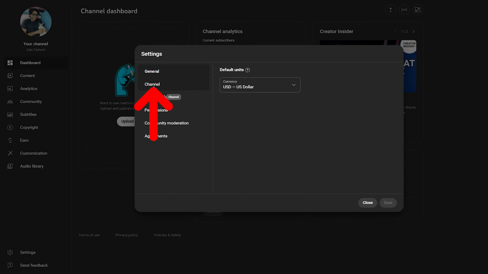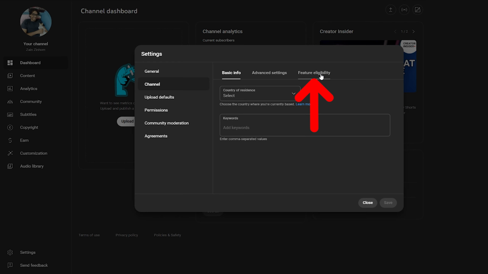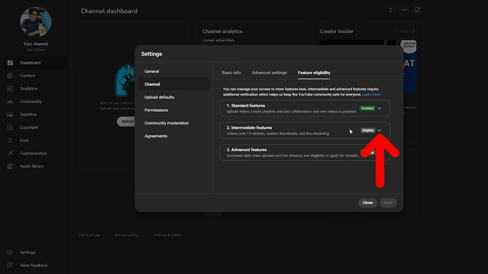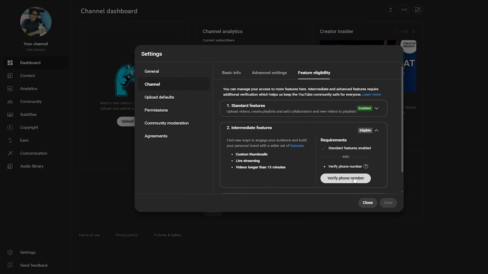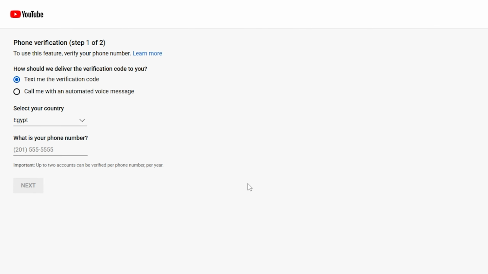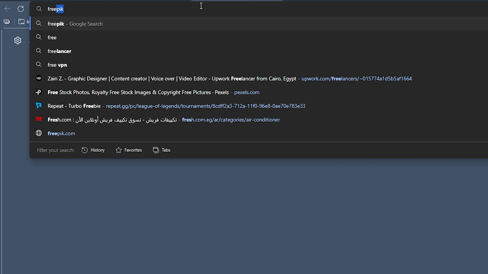Then now you should click on Channel, then go to Feature Eligibility and go and click on Intermediate Features. Go and click on this arrow, then go and click on verify phone number. It will take you to this page. Now, let's say that you do not actually want to use your own phone number. Simply search here for